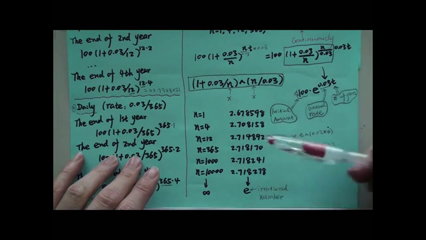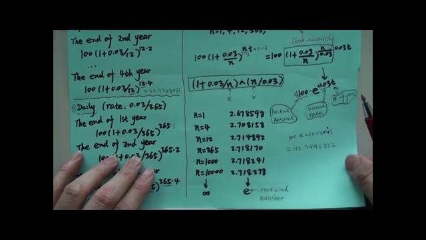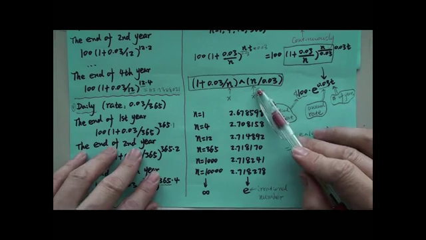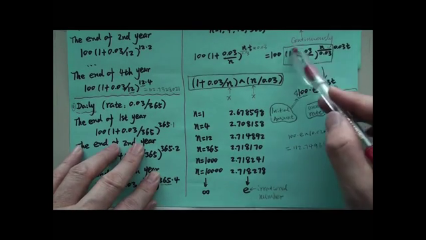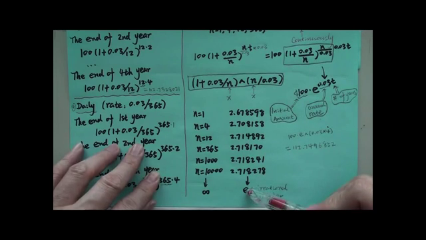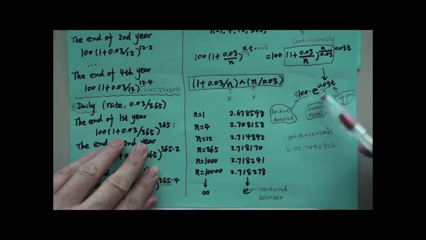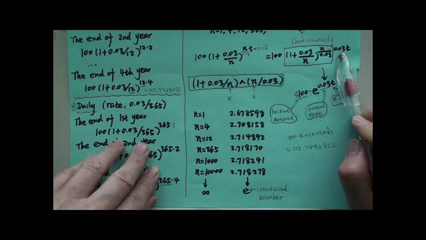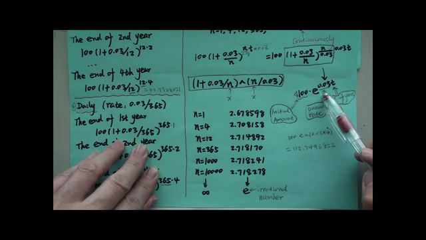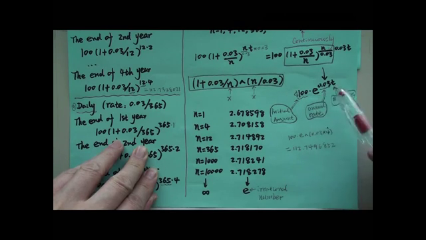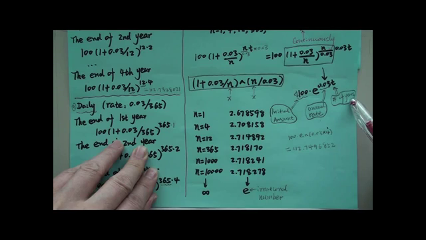Okay. Now we have this formula here. So when n gets bigger, you want to replace this whole quantity by E. That's the point. Now this whole quantity is E, you may write it here, and the exponent is 0.03 times T. T is the number of years. 100 is the initial amount, E is the irrational number, 0.03 is the annual rate, T is the number of years. For compounded continuously,